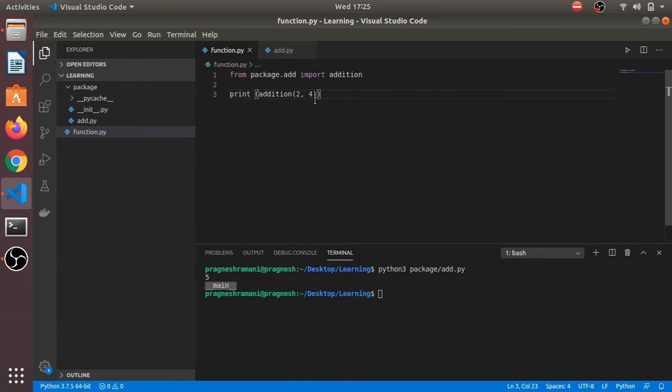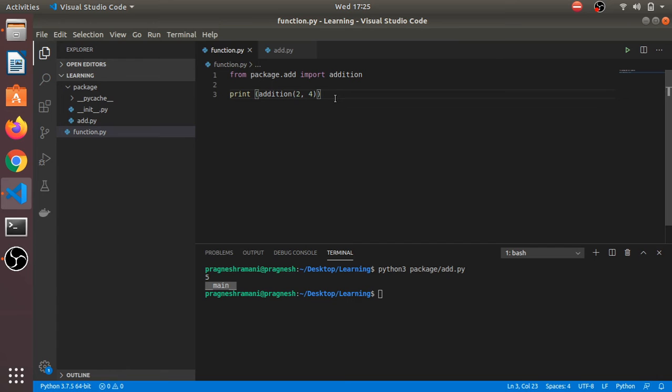So I need to use the addition function in this function.py file. I have imported the addition function from package.add. In Python we can import a script as a module.